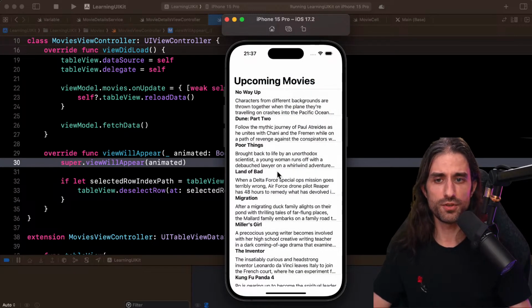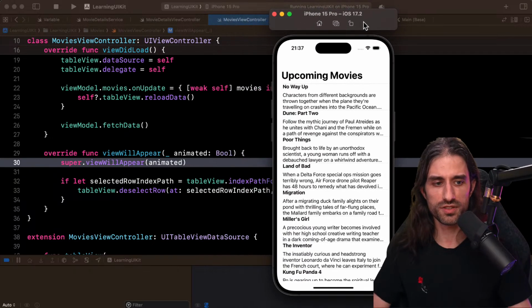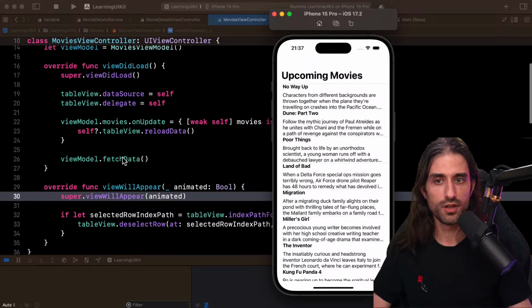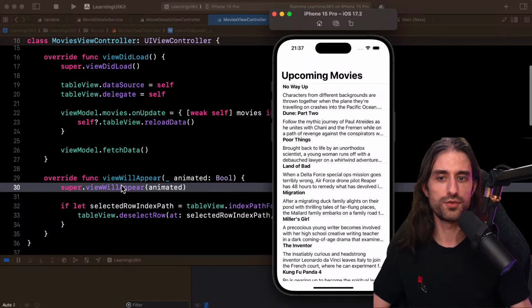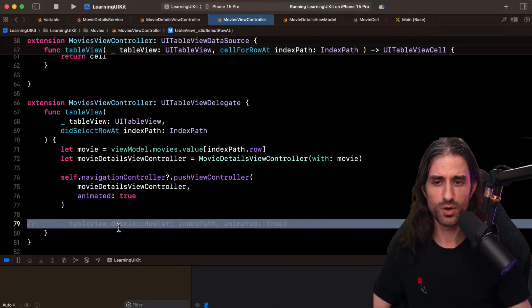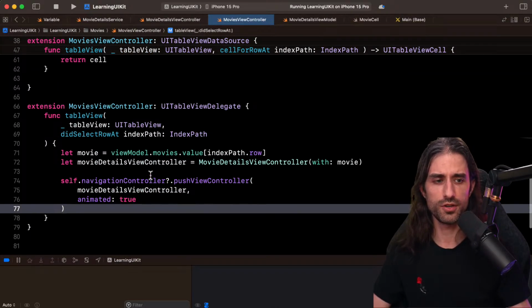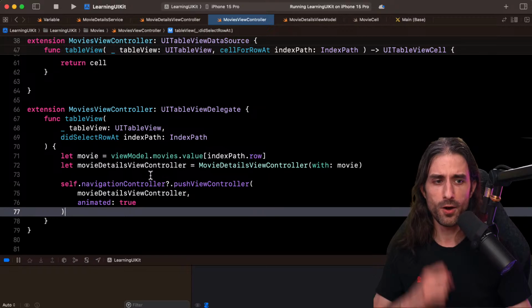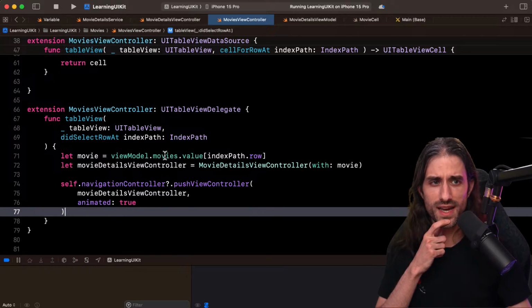So it really depends on your UX. I just wanted to show you how it works, and because it's also a nice way to show the other methods of the life cycle of a view controller. So we saw view did load a lot, but you also have view will appear, view did appear, view will disappear, view did disappear, etc. I'm going to remove this line, which is no longer useful. All right, what do we have next?